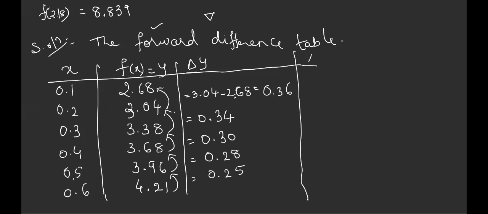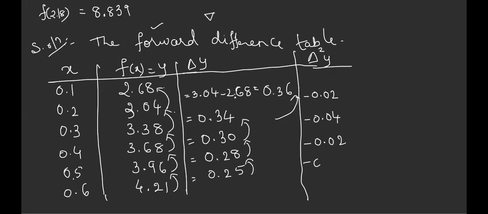Now what has to be done? Again, you have to continue the same thing and find delta square y. This is called the second forward difference. So again, how to take it? This value minus this. What is 0.34 minus 0.36? And whenever you write, you should write in between. This minus this. What is the next value? Just see whether I'm correct or not. If I'm making some mistake, just tell me. Is it right?